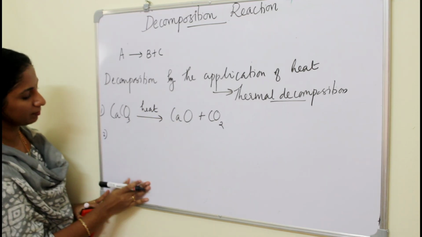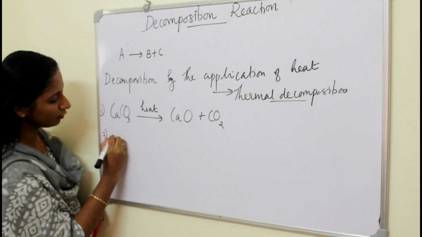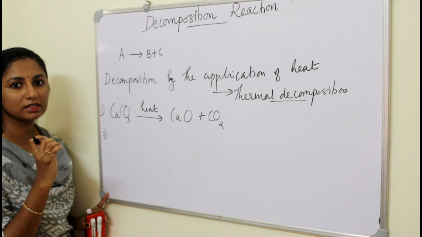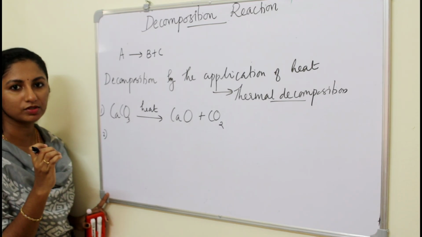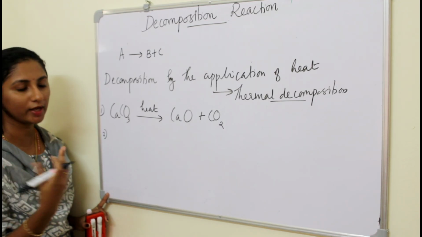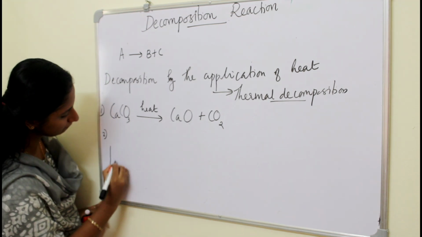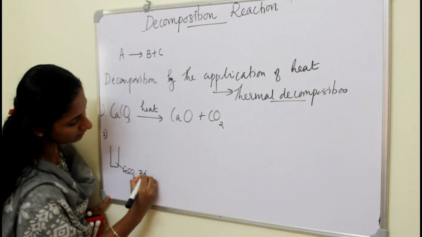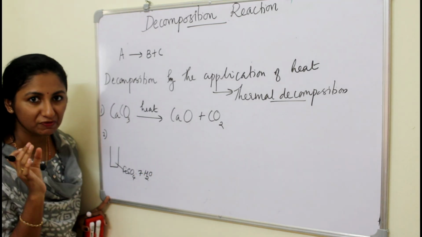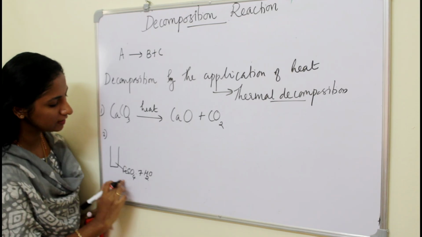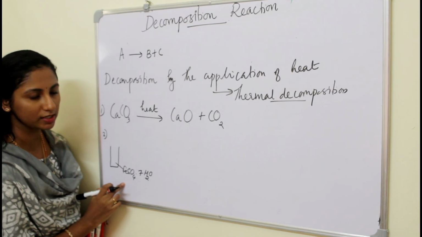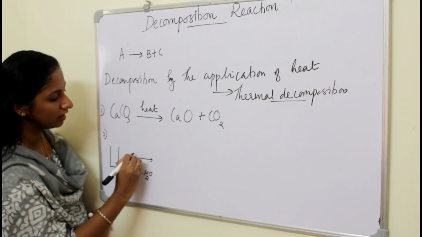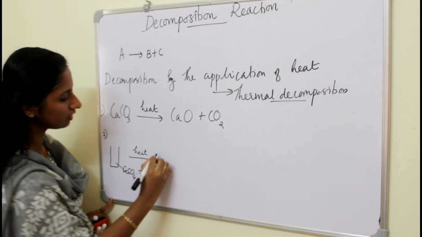Similarly, the next experiment is like this. In a test tube we are taking ferrous sulfate crystals, okay. We have already discussed the difference between crystals and solids, and the property of a crystal. Crystals will have some amount of water molecules within the chemical formula. Such compounds we call crystals, right? So we are taking ferrous sulfate crystals. It is actually green in color, and after heating it we are getting what?